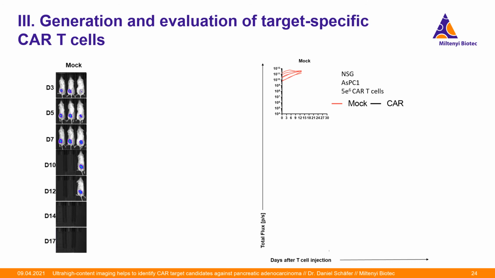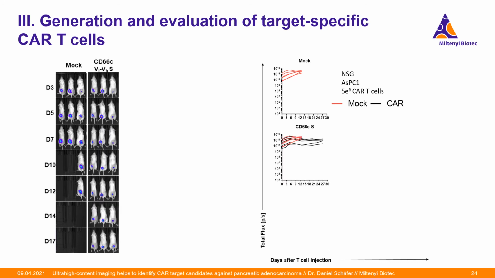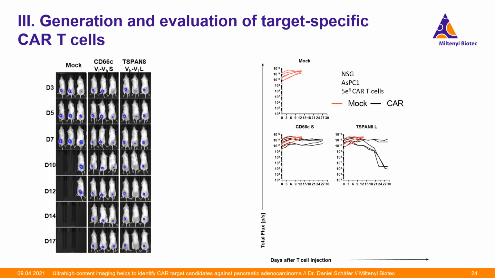As you can see, the mock T cells are not able to halt the tumor growth in any regard. On the contrary, after 12 days, all the mice have to be sacrificed as the tumor starts to ulcerate. When we look at the CD66C treated group, we see that these CAR T cells are able to hold the tumor growth and control it, but they are not able to reduce the actual tumor burden. This is the case for the long T-SPAN8L spacer, but in a heterogeneous way. We have 2 mice where we see a tumor hold and control, and we have 3 mice where the tumor